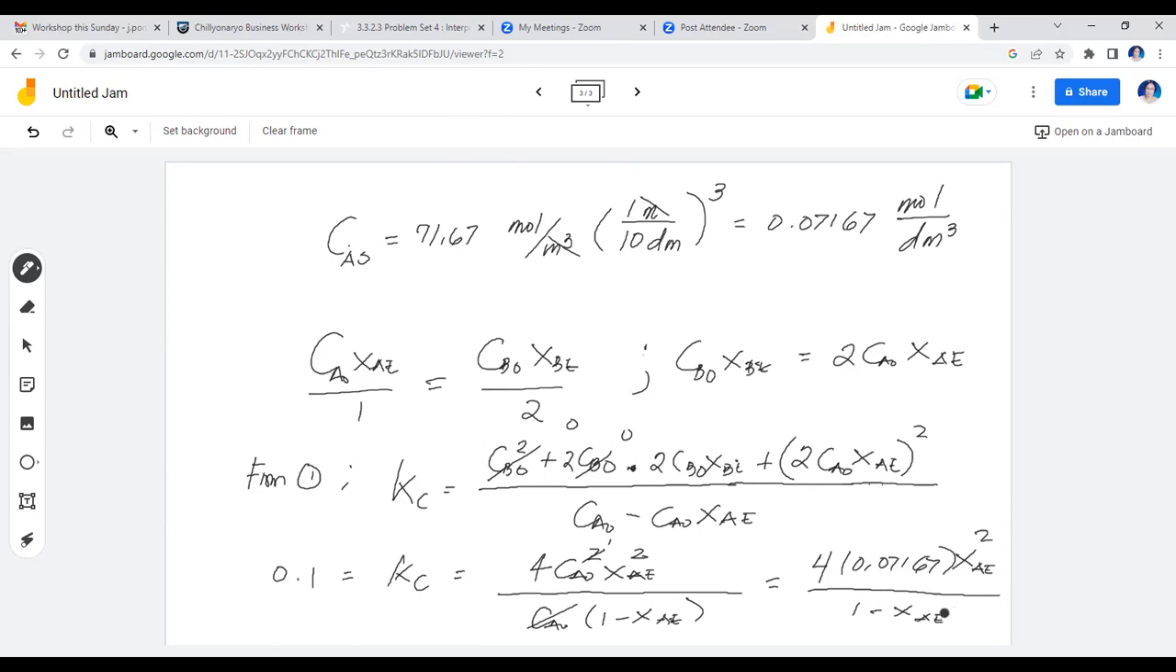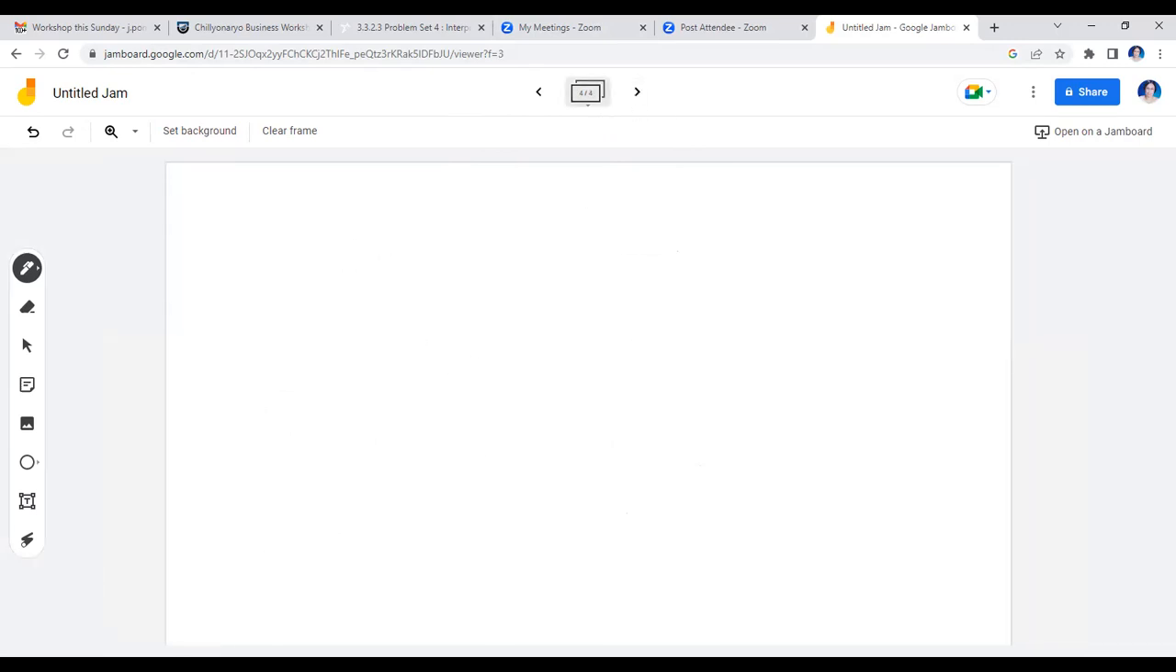So can you please solve for XAE now based on this equation here at the bottom? 0.1 is equal to 4 times 0.07167 XAE squared over 1 minus XAE. You're expected to have 2 answers, but only one is acceptable. So you will have XAE equal to